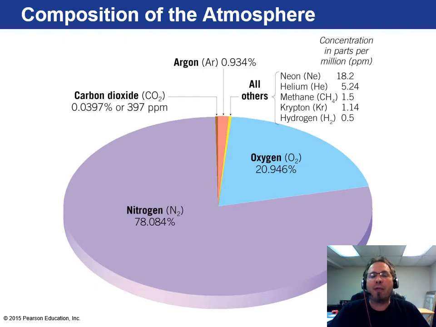So here's a graph of that. So you can kind of see some of what's going on here. Obviously, the vast majority of it is nitrogen. You have the part that we care about, the oxygen that we need to breathe. Carbon dioxide, which is again a greenhouse gas, which we'll get to in a bit, not something we want to breathe in. It's actually poisonous to us. That's what we exhale out.